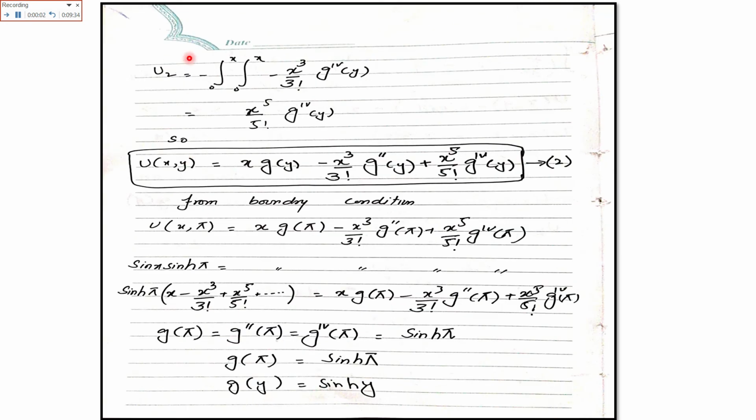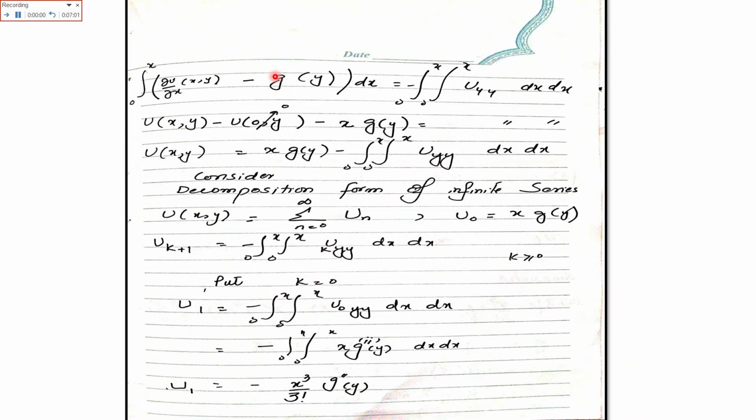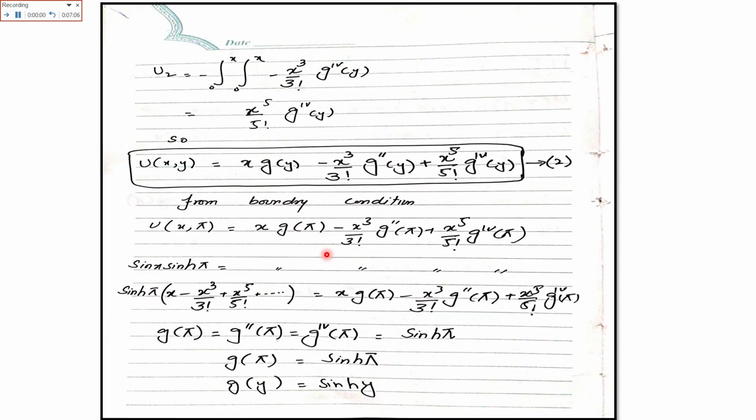Similarly for u2 we will put the value of k equals 1, so u2 becomes integral from 0 to x of (x minus u1). Here we have the value of u1, and we will differentiate again, taking the integral 4 times, so here g4, the fourth derivative, is x to the 5 over 5 factorial, so it becomes a series. Also you can find u3, so at least you have 3 values.